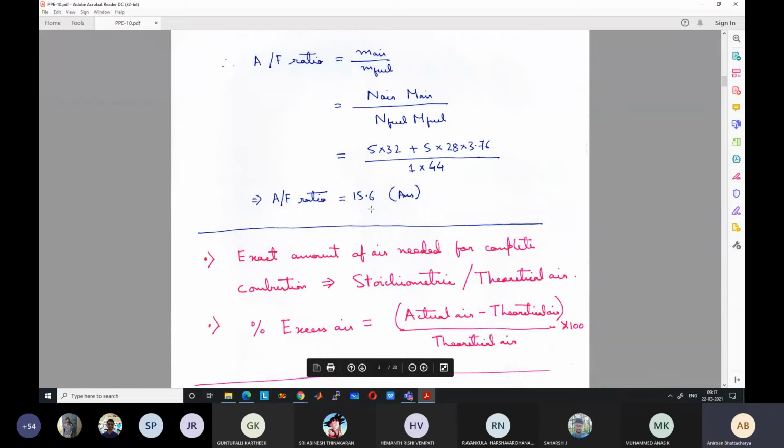Typically for hydrocarbons, the air fuel ratio is somewhere between 10 and 20. You will see that for all hydrocarbons, it is somewhere between 10 and 20, at least the stoichiometric air-fuel ratio. Later on, not in this course, but if you take the gas turbine course, you will see that for jet propulsion, we have very high air-fuel ratio, like 50:1. But that is because we operate very far away from the stoichiometric ratio. If we are near a stoichiometric ratio, it will be somewhere around 15, 16 like this.